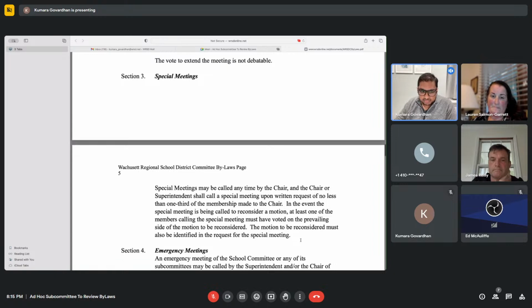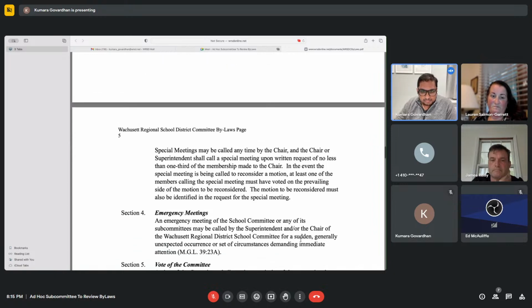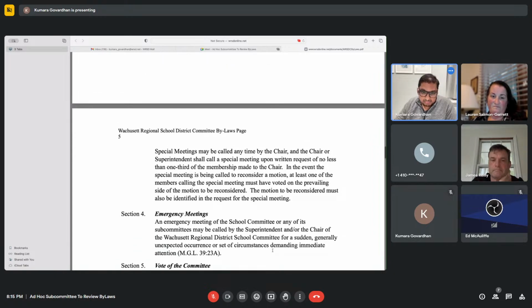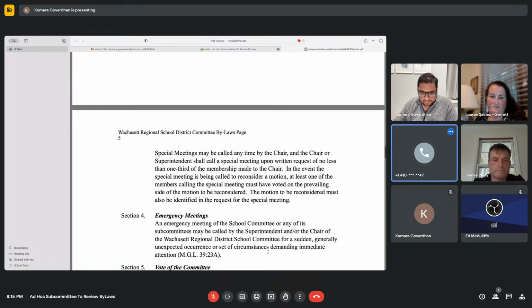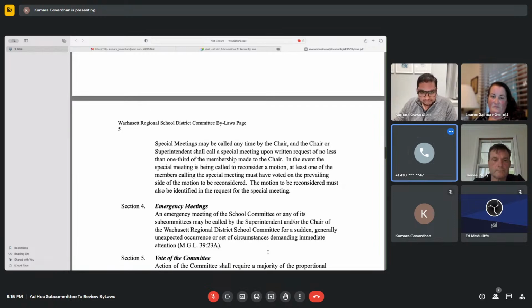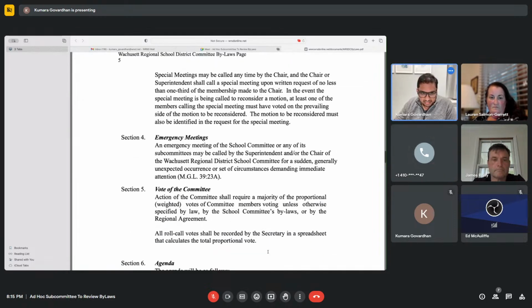So now it comes to Section 4. You guys can read that really quick. Yeah, that's just MGL, right? Brett, any issue with that one? I don't think so. I think that can stay in. It's pretty specific and to the point. Okay. Vote.